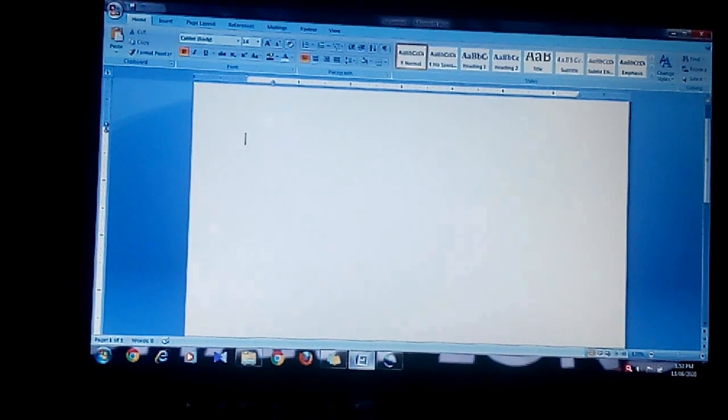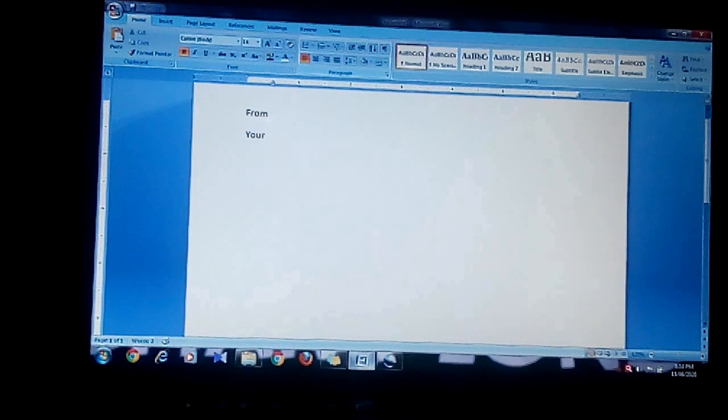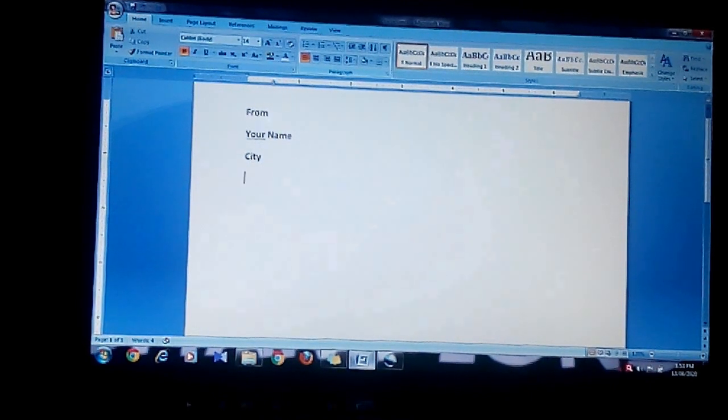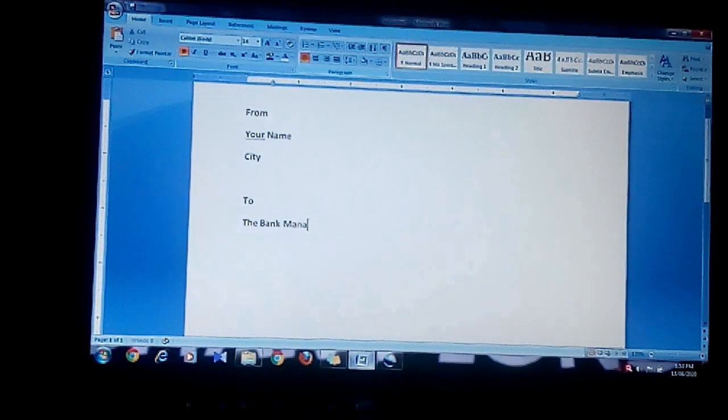After opening MS Word, you should set the ruler to the top of the left margin like this. By selecting the left alignment, you can start typing your name, city, enter, to the bank manager, enter bank name, enter